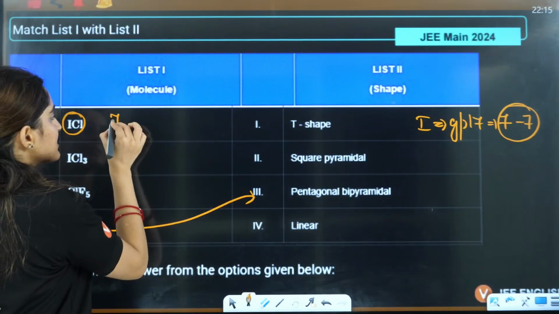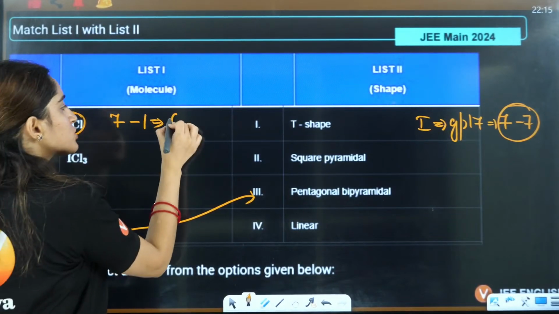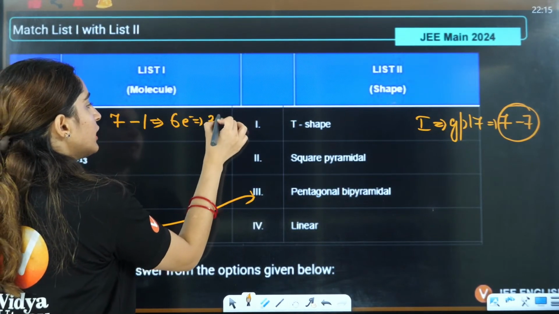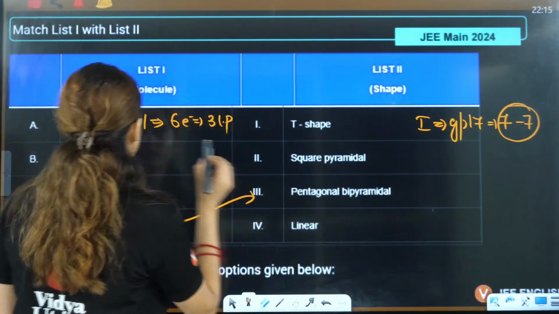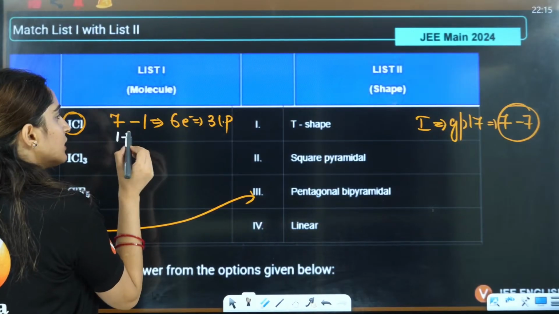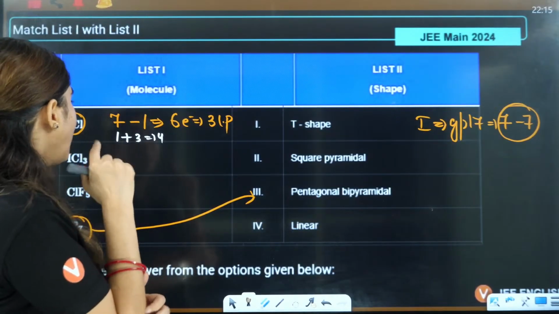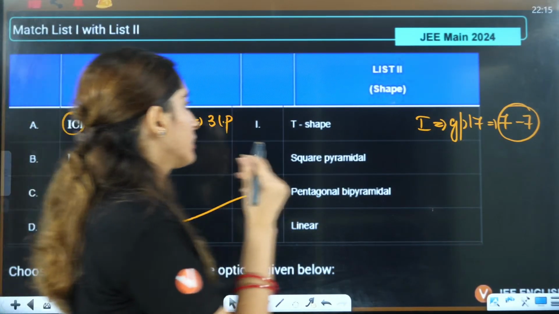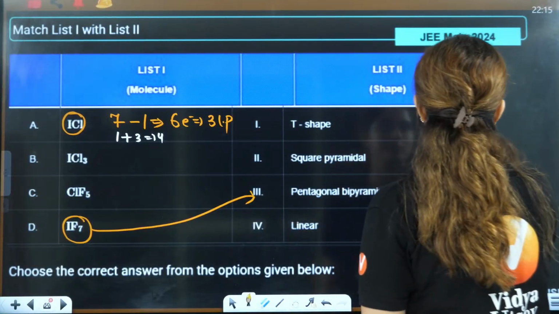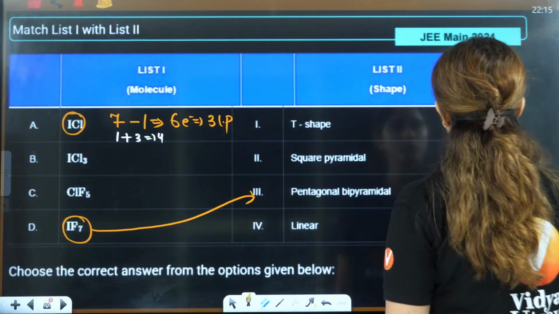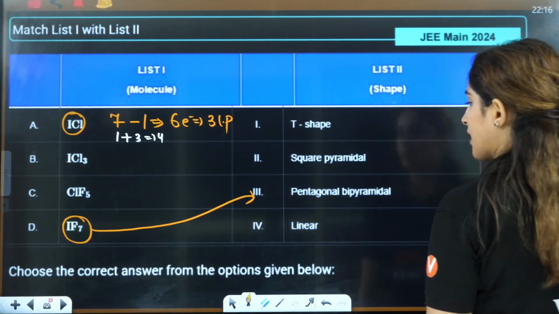Now this is having 7 valence electrons, minus 1 occupied in forming the bond. So 6 electrons means you will have 3 lone pairs. Sigma bond plus lone pair: bond is 1, lone pair is 3, it is 4. So it is going to have 3 lone pairs and 1 bond pair. So this is I, 1, 2, 3 and 4. It is going to have only 1 bond, so this is going to have a linear